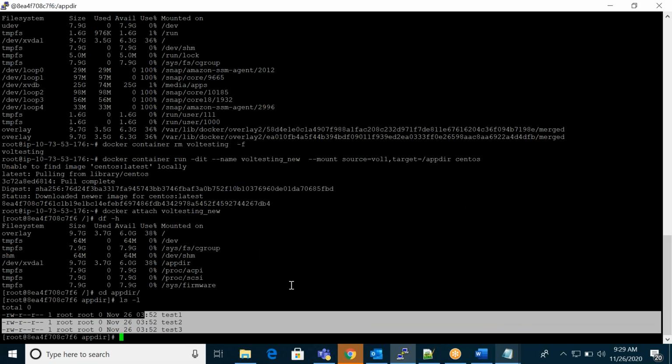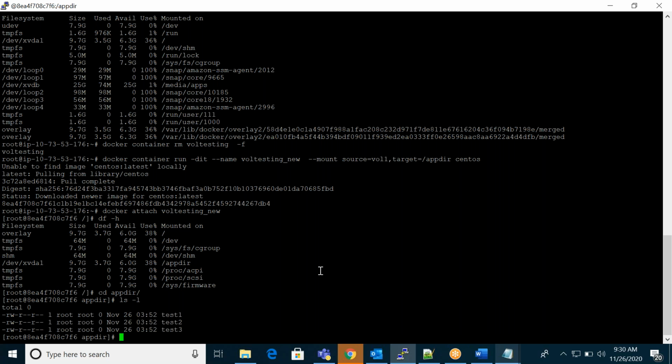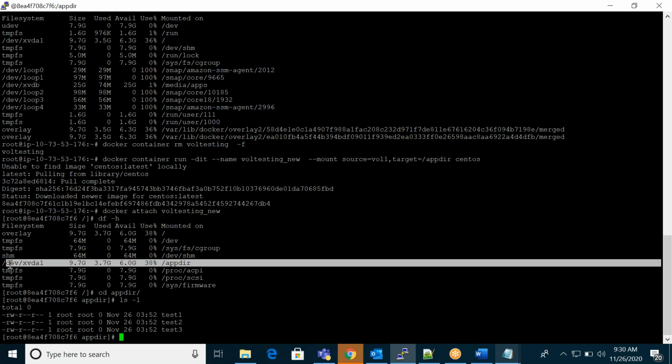Any questions? So the target which we are giving, is that just a directory? Yeah, just the directory, the mount point in your container. It may be directly in the container. And the image, if we are giving a different image, is it the same source code we are copying or a different one?